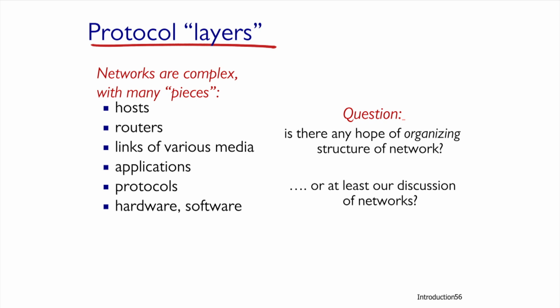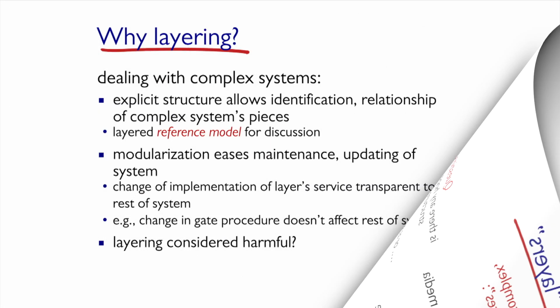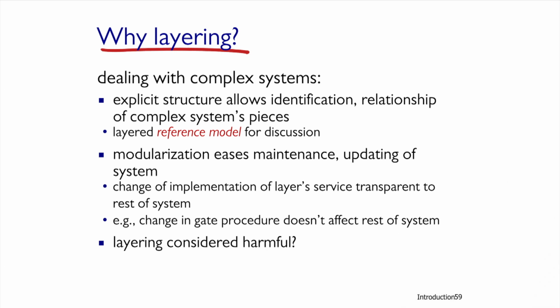The question is whether there is a way to organize the needed information, at least in terms of the information we want to impart, comfortably and in an organized way in order to understand things, analyze, and maybe even solve problems in the field. The answer to this question is yes. The most convenient way we know today to deal with the complex systems in the field of communication networks is the layer model. The layer model divides this complex system into layers, so that each layer has a defined role or roles in the larger system.